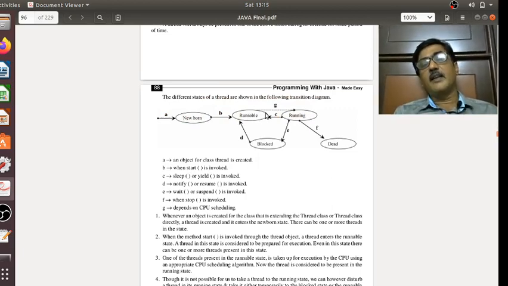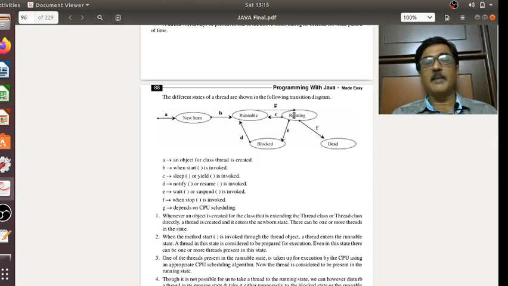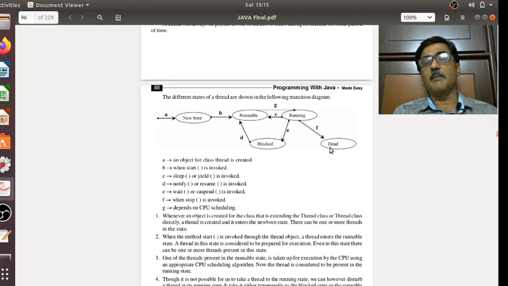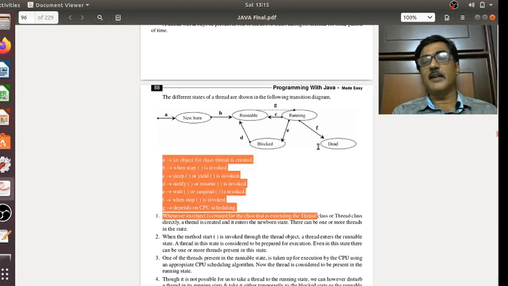From runnable to running, we do not have to invoke any methods. Automatically, based on CPU scheduling, the thread enters the running state. If we do not interrupt the thread from getting executed, upon complete execution the thread enters the dead state.